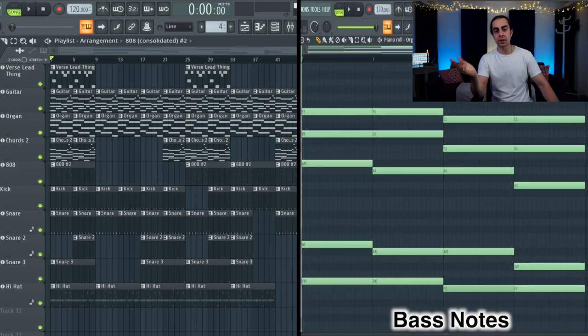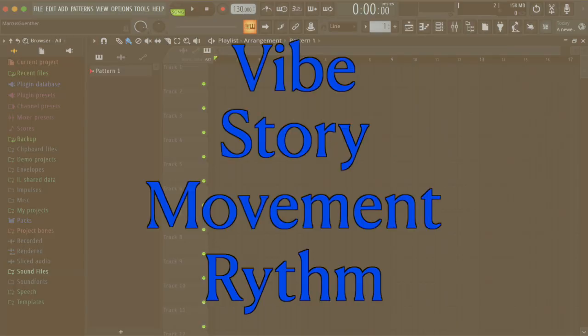They might look like this or like that, but at the end of the day, they're still just block chords. And as an intermediate, this no longer flies because chords play too big a role in the vibe, story, movement, and rhythm of your beats to ignore, especially if you consider that there are so many options for how you